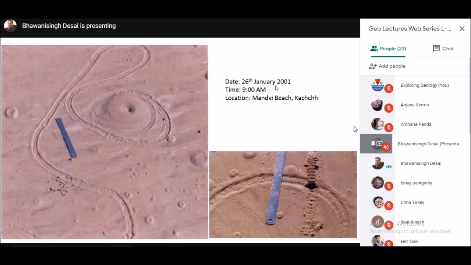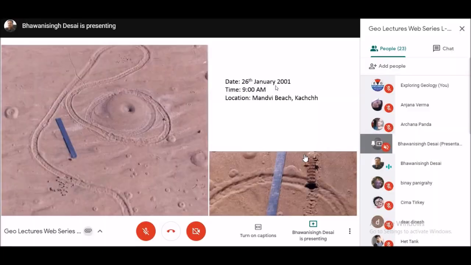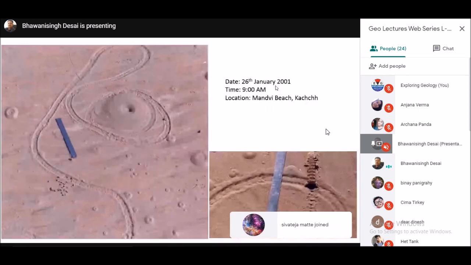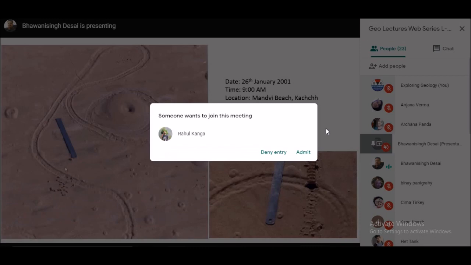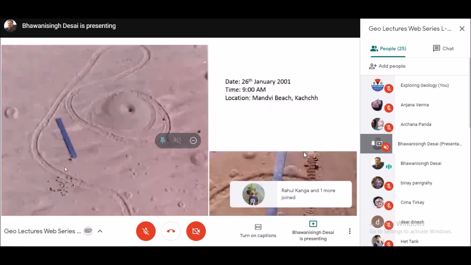If you can recollect, this was soon after the earthquake. The earthquake had struck Kutch around 8:44 AM, and luckily I was there and I could take this photograph. So the point I'm trying to make here is, in the rock record, suppose I'm getting this, I can not only understand my sedimentary environment, but I could also delineate some of the earthquakes which have been preserved in the rock record. So this is a very beautiful photograph.